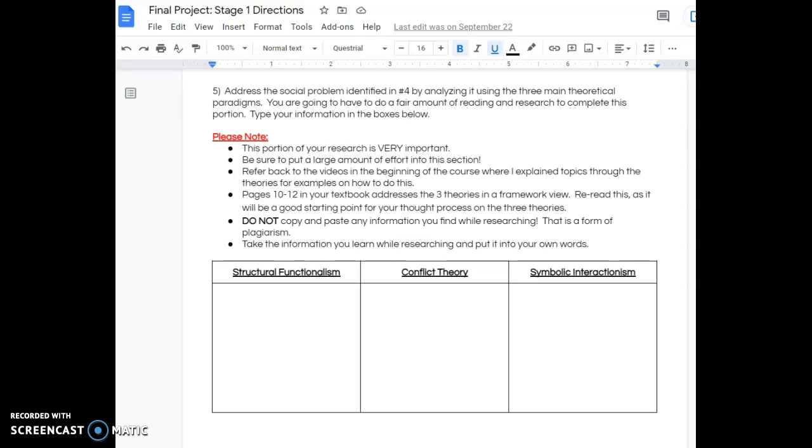This is going to require a good amount of reading and research, and so I want you to make sure that you have budgeted enough time this week to get this particular final project stage 1 complete. If you have additional questions while you are working on wrapping up the final project stage 1, please reach out.